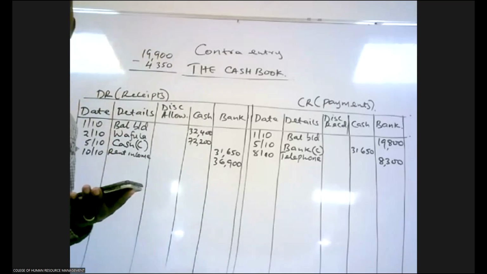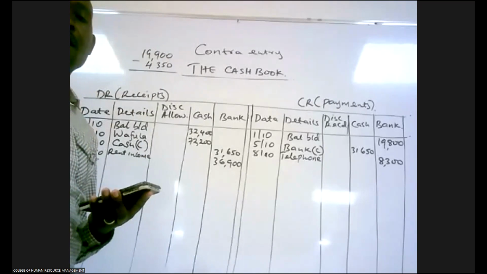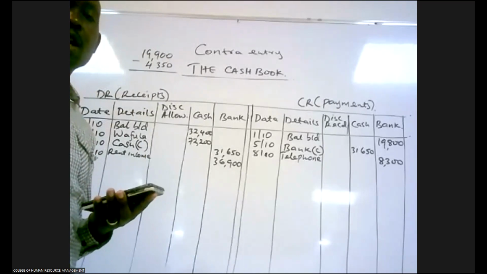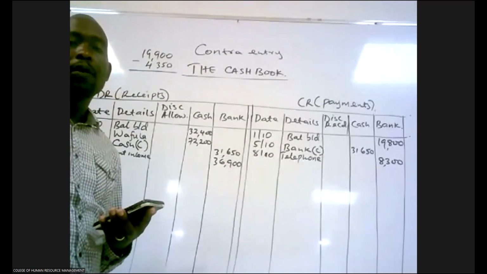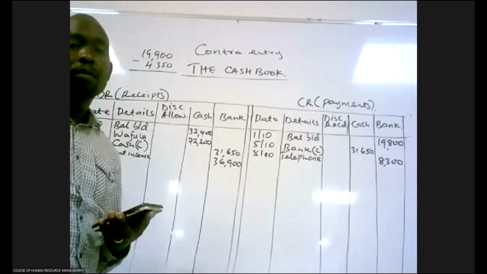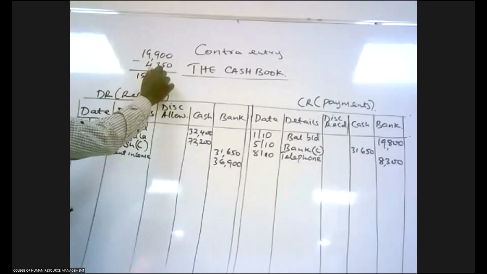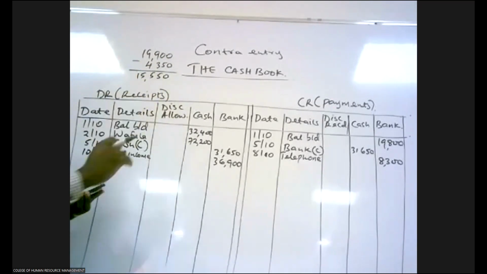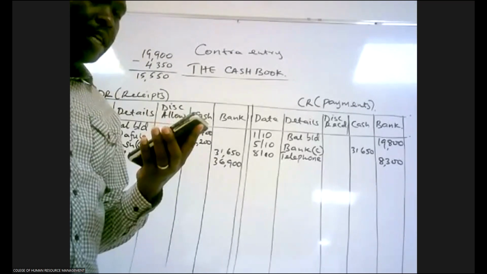So how much do we owe Asha? If we bought goods worth 19,900, then at a certain date we returned goods worth 43.50. How much do we owe Asha? 15,550. This is what we owe Asha, and this is now what we are told to pay in transaction dated